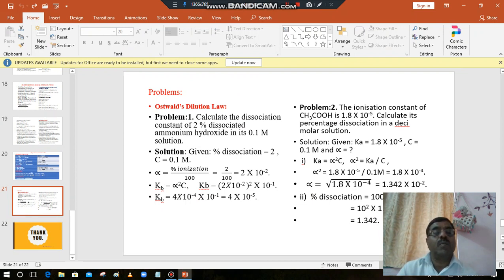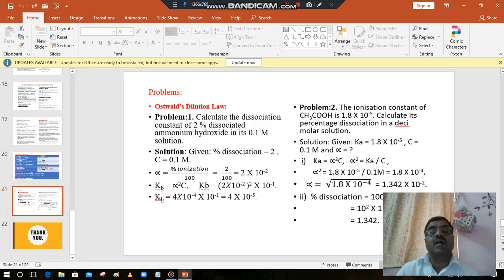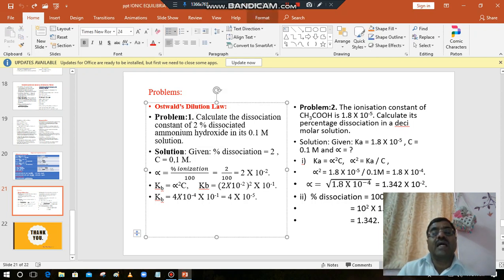Now we are going to solve some problems based on Ostwald dilution law. First problem, calculate the dissociation constant of 2% dissociated ammonium hydroxide in its 0.1 M solution. Here in the problem we have to calculate the dissociation constant,